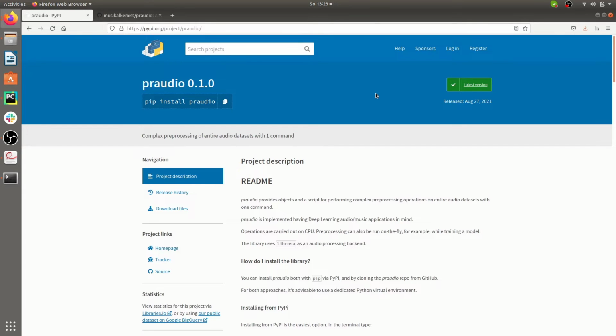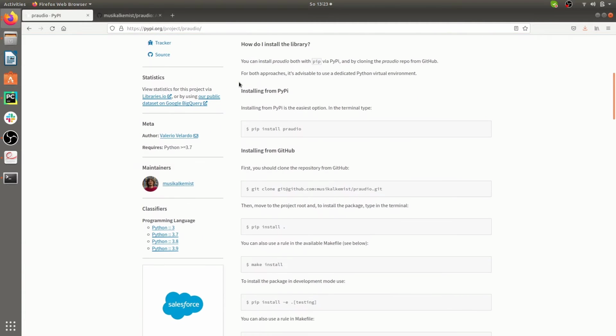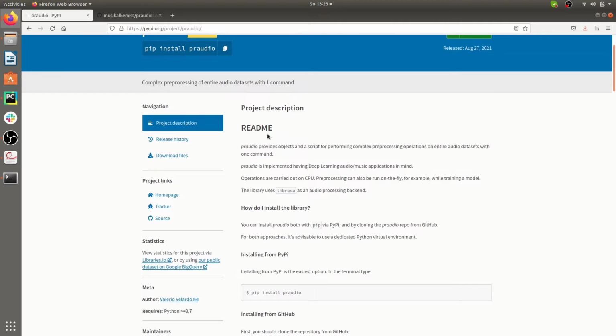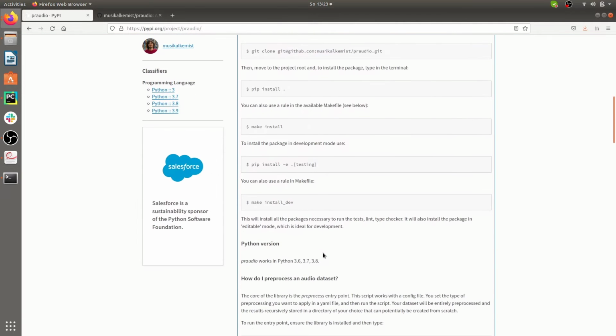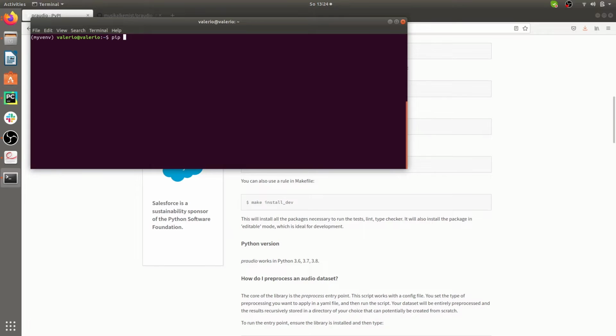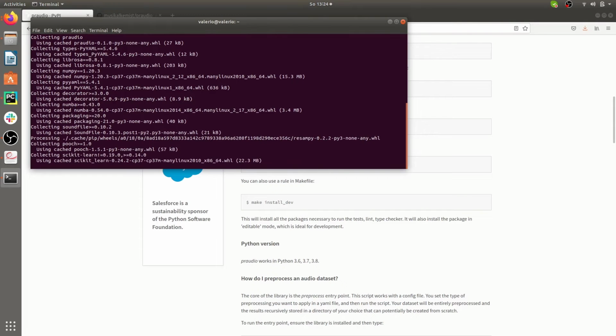It's time to use it, but before, we need to install it. I published Praudio on PyPI. Here you see version 0.10. Probably while you're watching this, the version may be different. Here you have a lot of information in the README file that you can use. But all of this to say that probably the easiest way to install Praudio is via pip. You can easily do a pip install Praudio, launch it, and then this will take care of installation for you